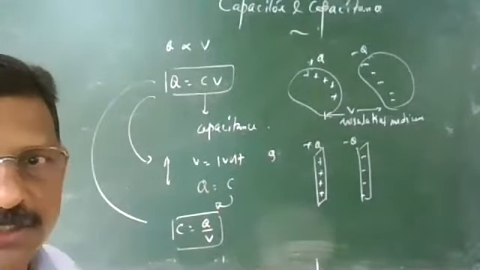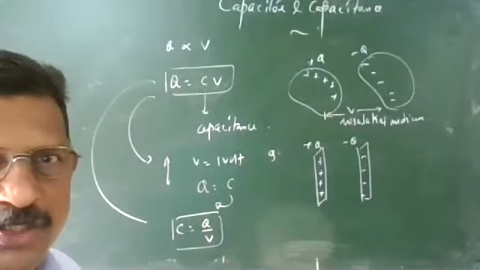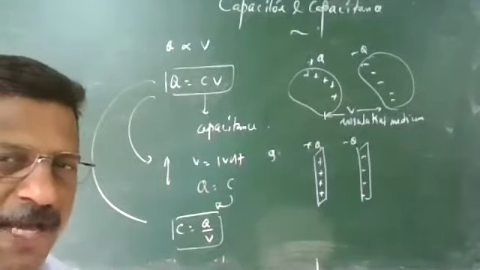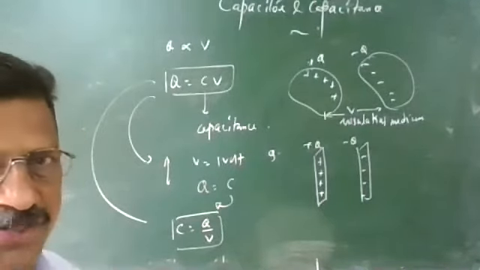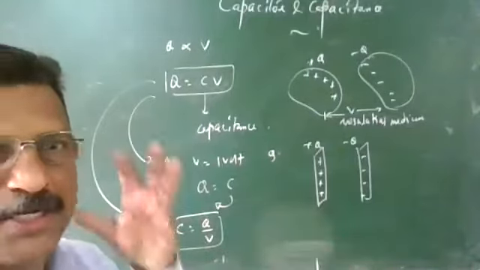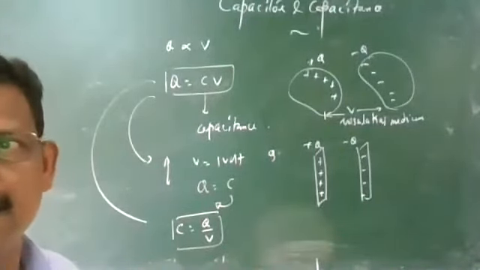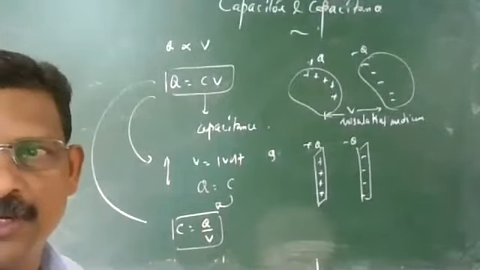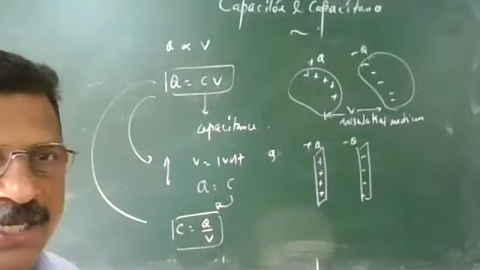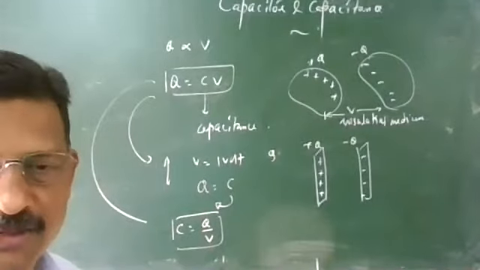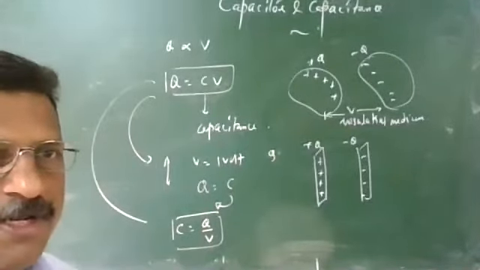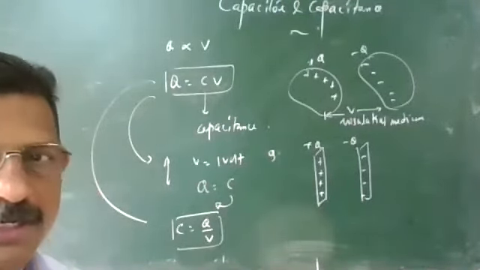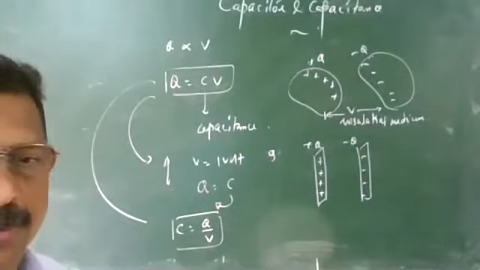Okay, and so we have seen that a capacitor consists of 2 conductors. One should be plus Q, another should be minus Q. So can you imagine a single conductor as a capacitor? Suppose you take only a single conductor. A single conductor can be taken as a capacitor, provided you take the other one at infinity. So can we consider a single conductor as a capacitor? Of course, it's possible by considering the second one at infinity.